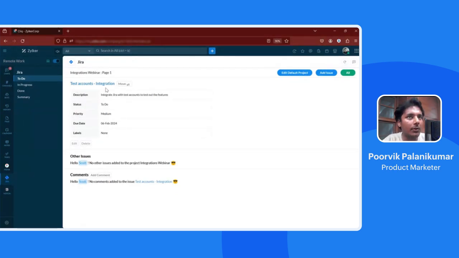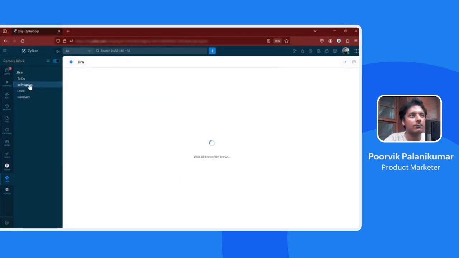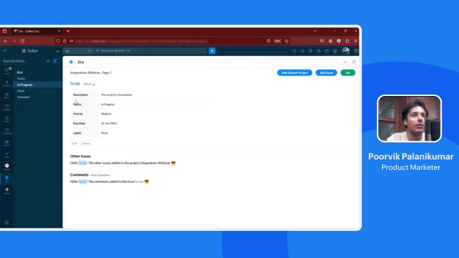So integrating with the test accounts hasn't been started yet, and it has a due date and the priority is medium, and we also have a description, which is integrated with test accounts to test out the features. You have the option to edit, or you also have the option to delete it. So let's go to the next one, which is in progress. These are the tasks that are currently being worked on. So this is the script, and we also have